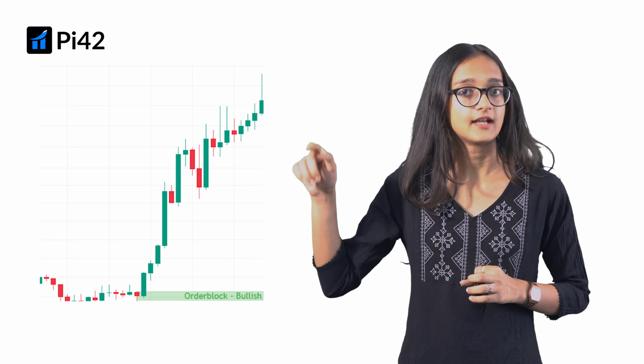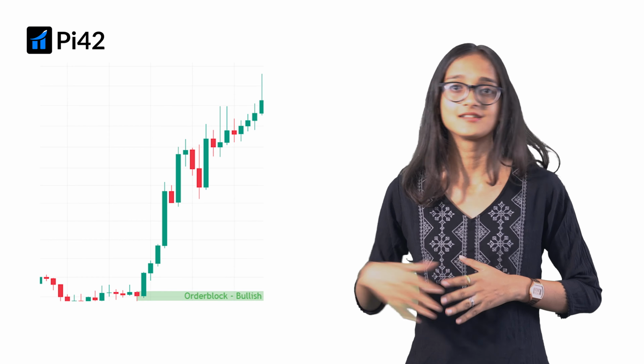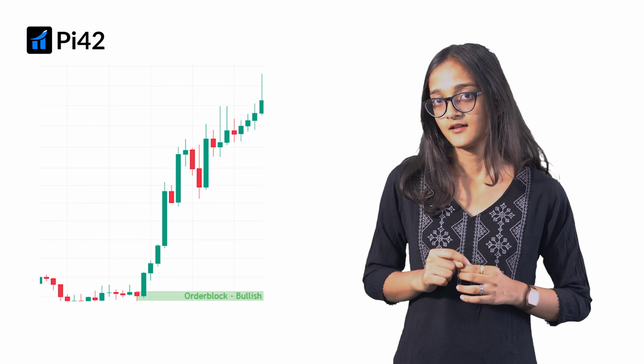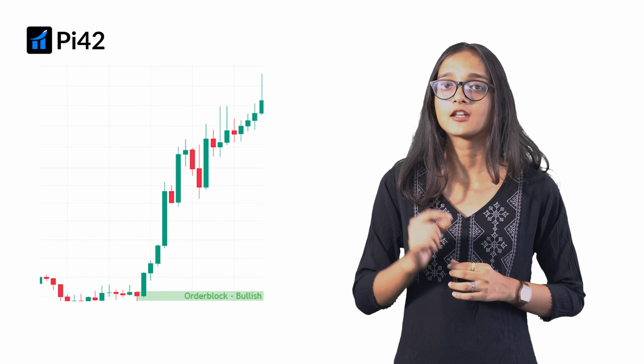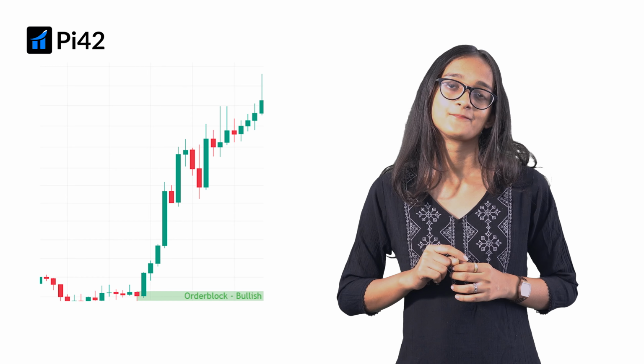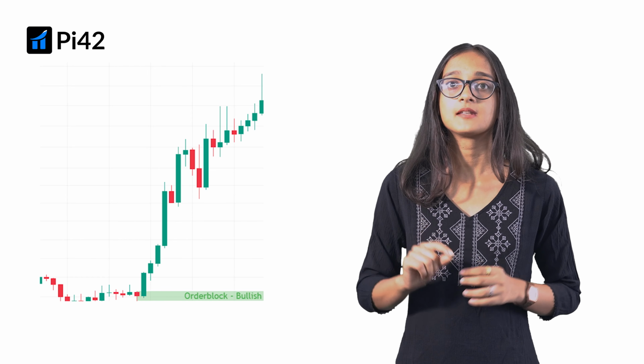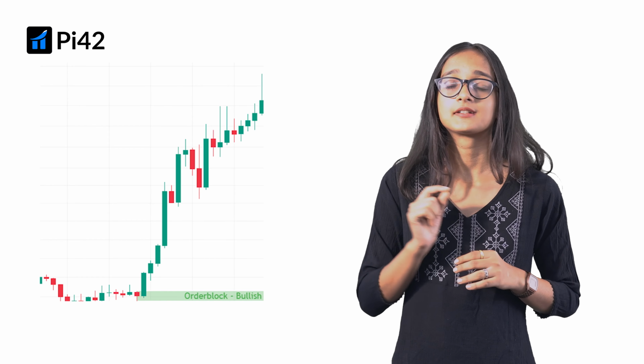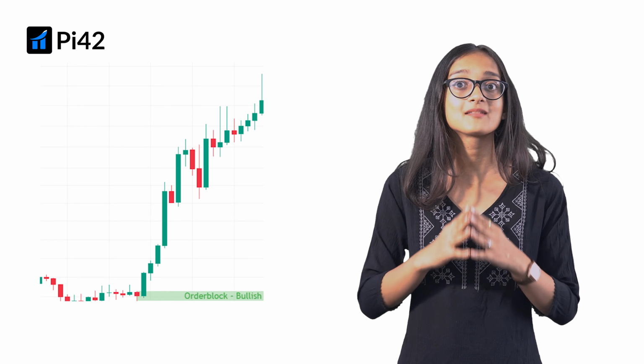When you see a bullish order block, like in this chart, notice how the price had been in a downtrend or a consolidation phase. Suddenly, a big green candle appears showing aggressive buying. But here's the catch. Before that candle, there is usually a final red candle, where institutions are secretly accumulating their long positions. That last red candle becomes the bullish order block. It's the zone where price is likely to return and bounce again because that's where smart money placed their bets.